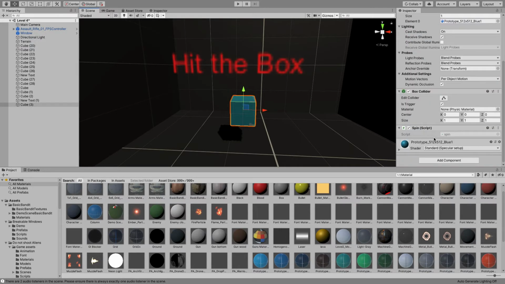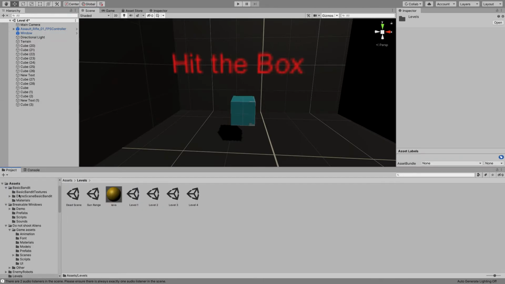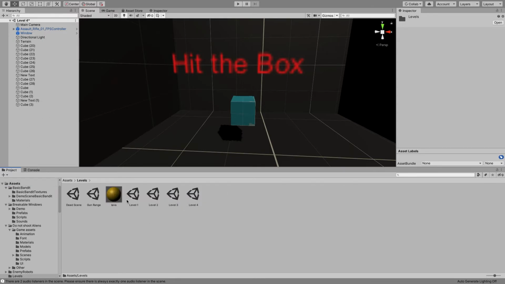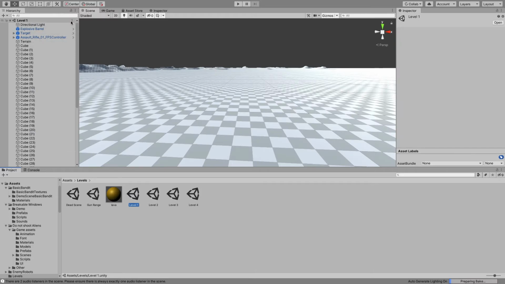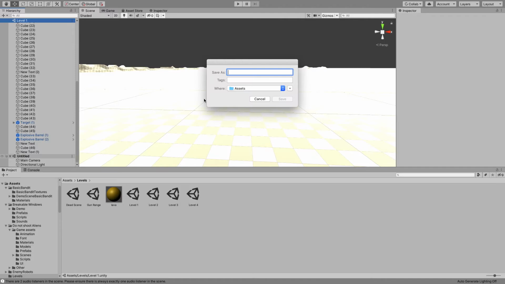Alright, so now let's make it so that our box has the ability to take us to the next level. First of all, we're going to go to our levels and we're going to add a new level so that it can actually move us to the next level. So let's go to level 1. We're going to save everything. Click on the 3 dots. Add a new scene. Now it's going to say untitled, so you're going to click on the 3 dots, save scene as, and I'm going to call this